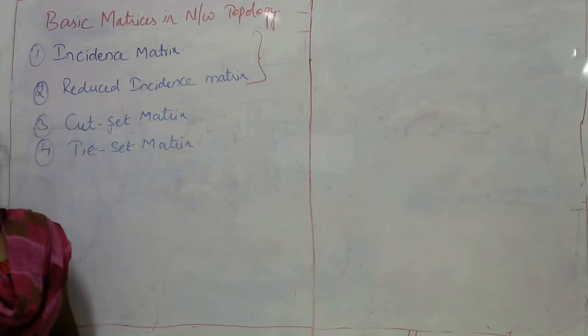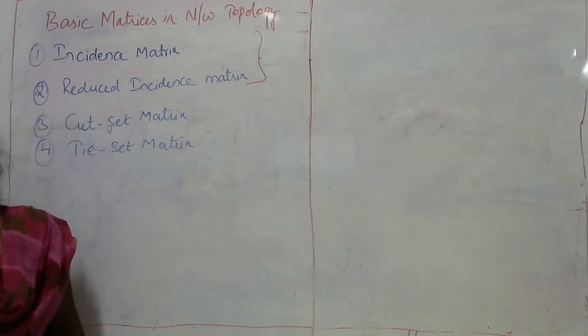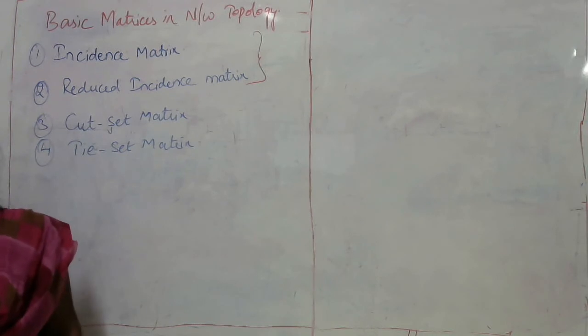A graph consists of nodes and branches. Similarly, a collection of branches and nodes is called a graph. If you remember, we have seen about a tree, and there are some properties for the tree. The first property is that it should consist of all the nodes present in a graph. The second most important property of a tree is that it should not form any closed loop.